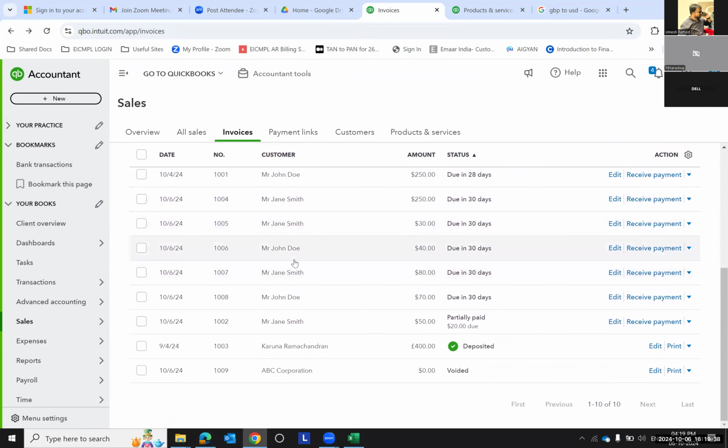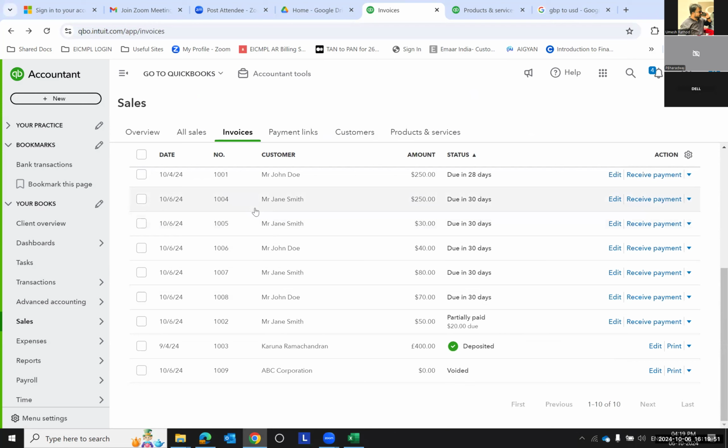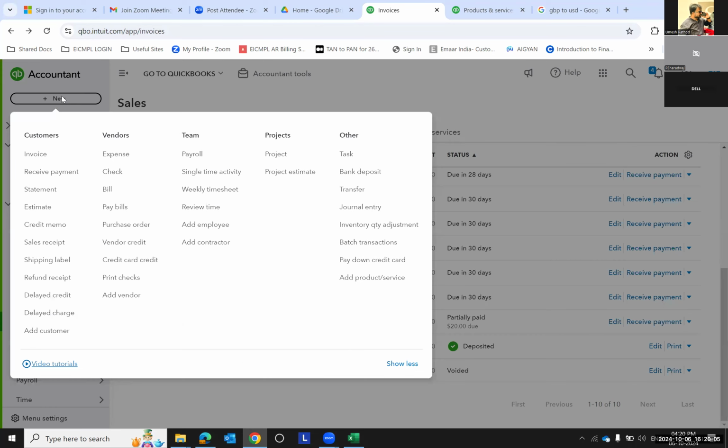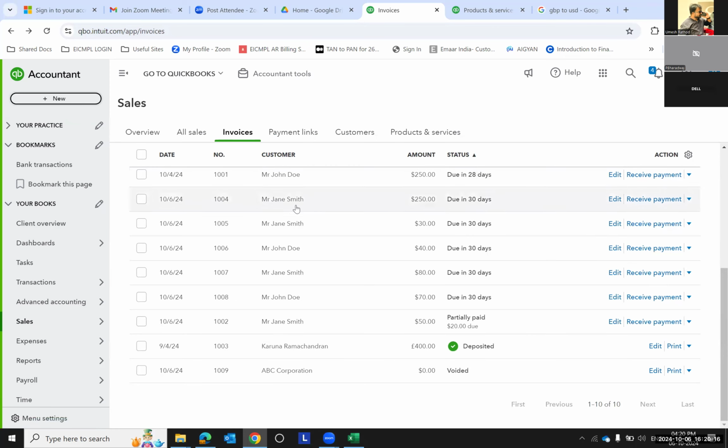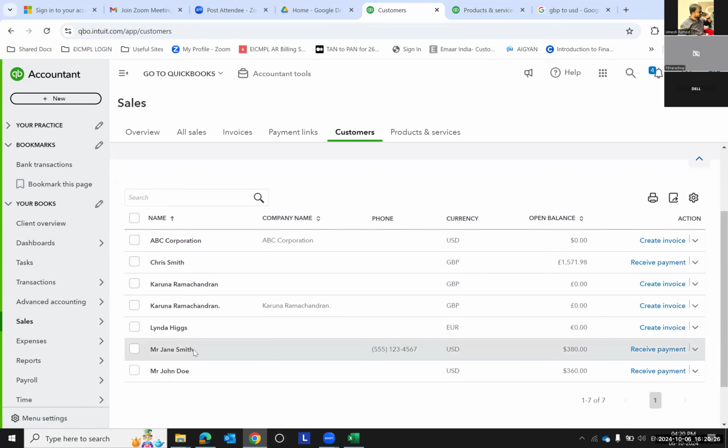नेक्स्ट ट्रांजेक्शन। अप्लाई 30 क्रेडिट नोट टू जेन स्मिथ आउटस्टैंडिंग इनवॉइस। ये नेक्स्ट में अप्लाई करना है, तो ये एप्लीकेशन कहाँ पर जाके करनी पड़ेगी? अभी आप जो कह रहे थे ना एडजस्ट करने का, ओके, अप्लाई 30 क्रेडिट नोट टू जेन स्मिथ आउटस्टैंडिंग इनवॉइसेस। अभी मैं आपको जो समझा रहा हूँ, आप दोनों ध्यान से समझिएगा। लेट मी ओपन दिस। फर्स्ट ऑफ ऑल वी गो अंडर द जेन स्मिथ।